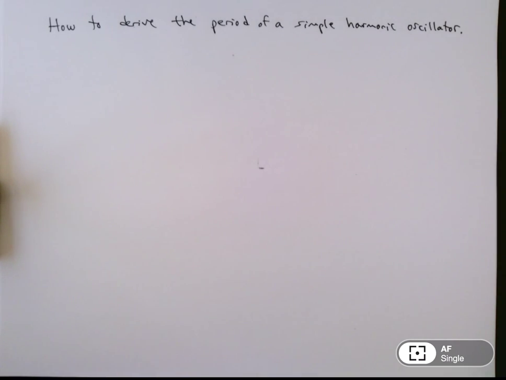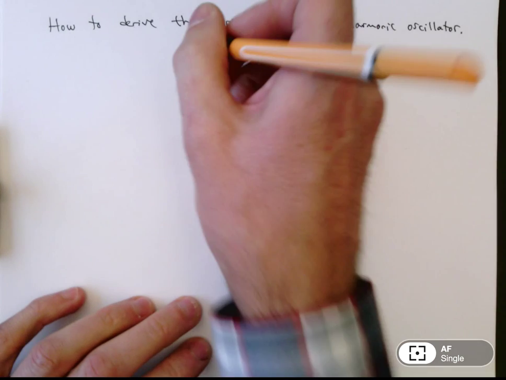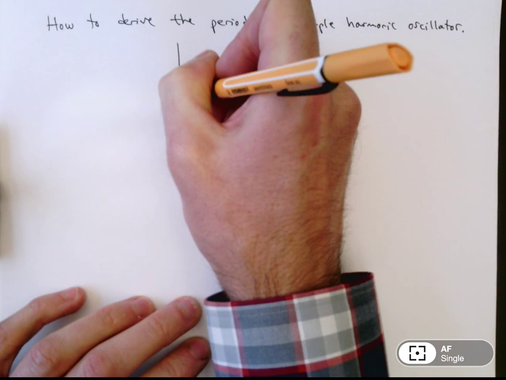So let's take a look at how to derive the period of a simple harmonic oscillator. I've seen this question a couple times on the AP test. If you don't practice it, you might really be blindsided by it. It's not that difficult, but I think it's good to take a look at the technique that's used to do it. So before we get into that, let me just remind you of what the graph looks like